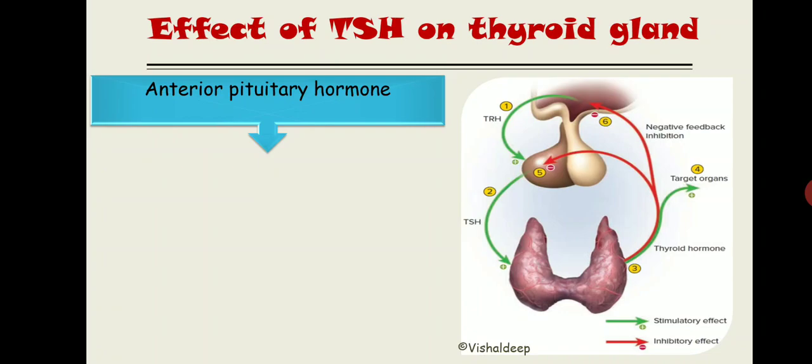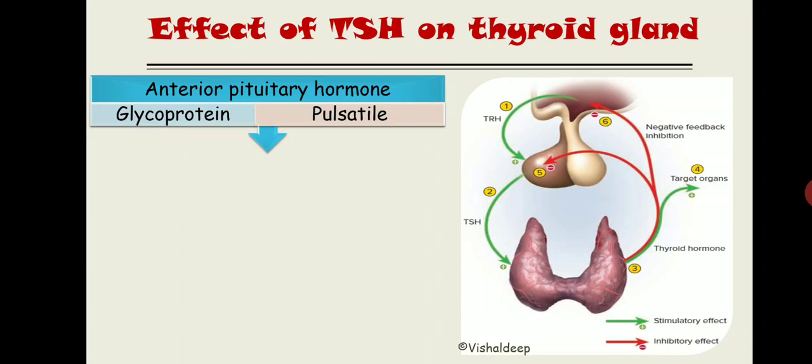Now it is an anterior pituitary hormone and it is a glycoprotein. As the name suggests, glycoprotein, it has two chains, one is alpha and another one is beta, and this TSH secretion will be in a pulsatile manner. The pulse will start in the night and peak at midnight and then decline during the day. And the half-life of this TSH is about 60 minutes. Remember the half-life, it is 60 minutes.